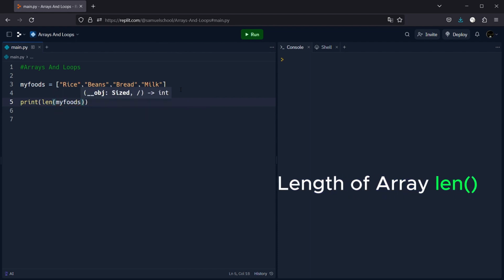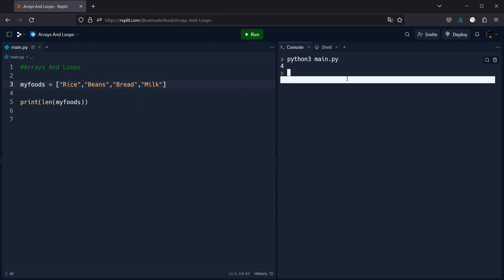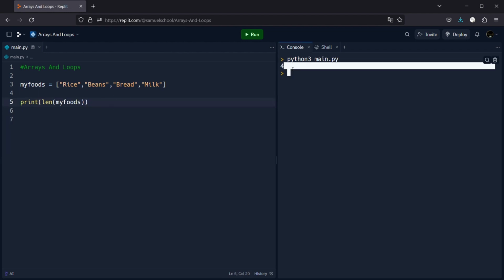My food, we call the array inside of this. You can see inside of the length, we have my food. And when you run this, you're going to see the length is going to be 4. You can see it displayed there, 4. The length is 4. The length of the array is 4. Okay. Very good. So going back to our program,